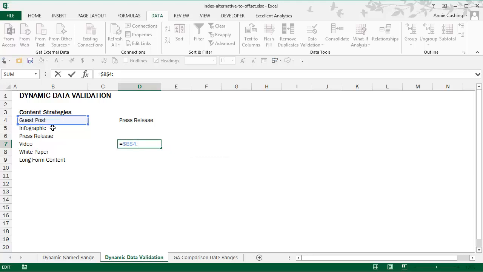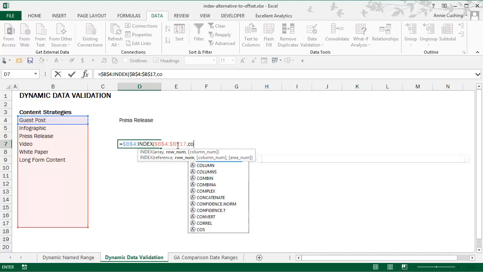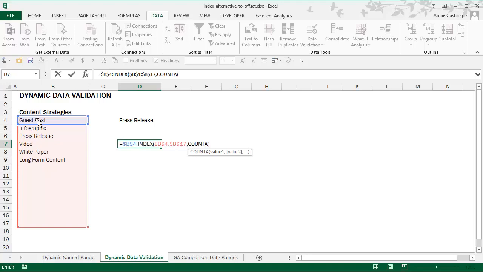And now we're going to use an index function in concert with a COUNTA function to find the last cell that has a value. Let's type in index. Our array, again, these are free, be generous, but not crazy. You never want to select an entire column because it's just too much. Excel has to go down that entire column to find value. So you don't want to get crazy with it, but you just don't want to hamstring yourself. So that's our array. For the row number, just as we did before, we're going to use the COUNTA function and choose that same range, lock it down,